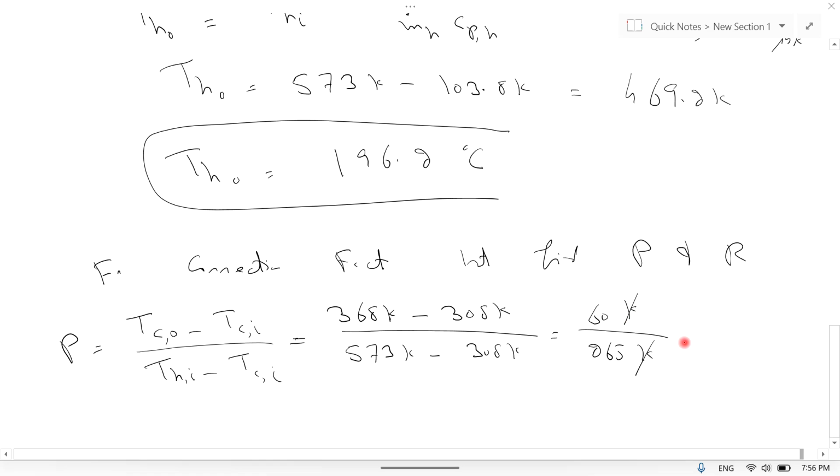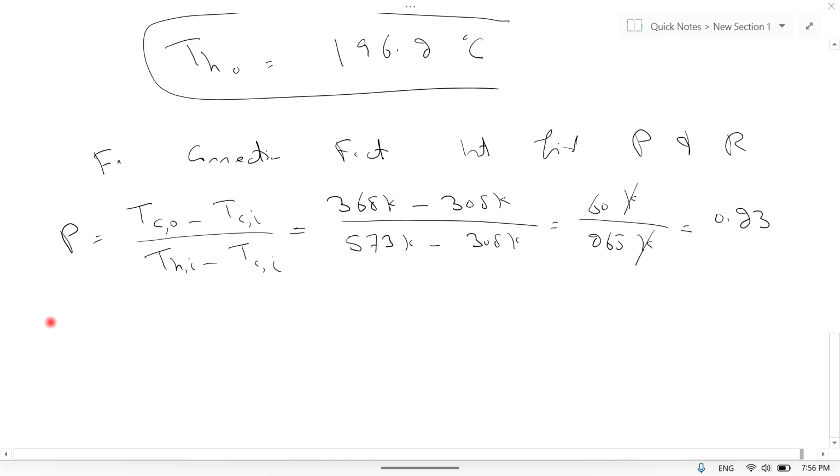Kelvin will be cancelled with Kelvin, and 60 divided by 265 is approximately 0.23. 0.226 means 0.23. The R factor is equal to the temperature of hot water inlet minus the temperature of hot water outlet, divided by the temperature of cold water outlet minus the temperature of cold water inlet, which is equal to